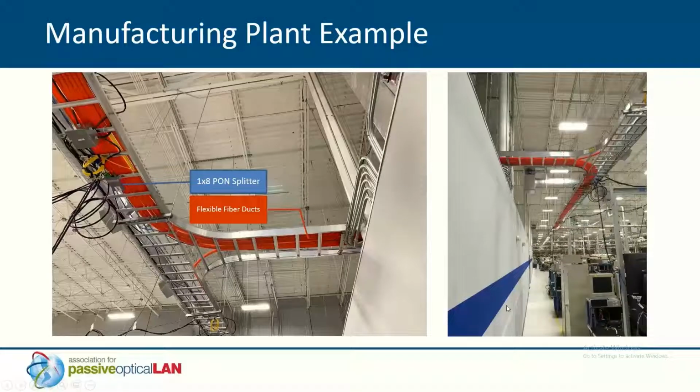Just like the hotel in the last one, this one's an industrial space. Since I can have very few components, it's not requiring power. It just needs some place to be placed so that nobody messes with it. You see here an example where a splitter is connected to my cable raceway over here on the left, and it's just tie wrapped up to the ladder, as you can see. So again, I can add all the network functionality without having to use up a lot of real estate and power up a lot of devices.